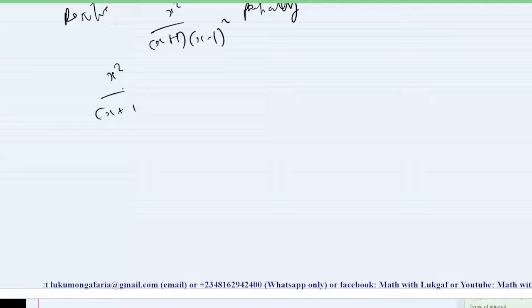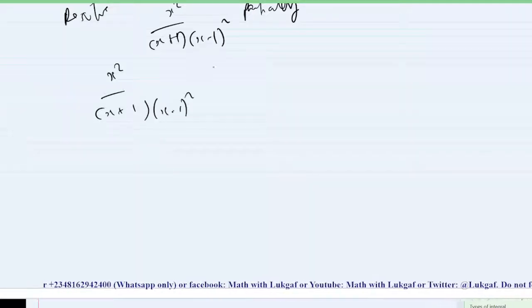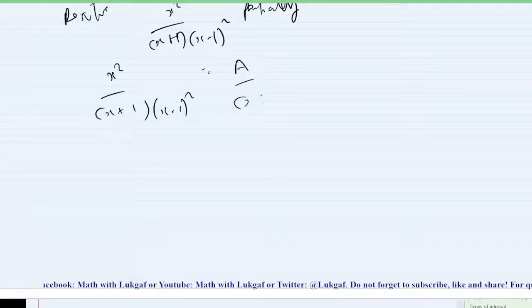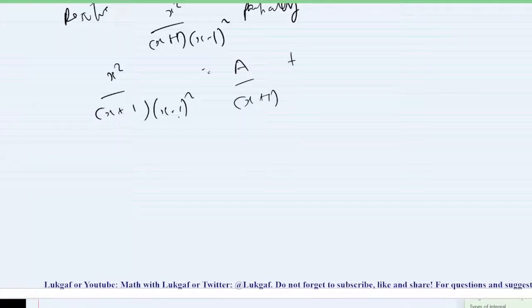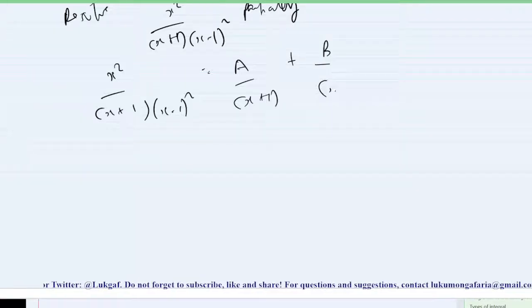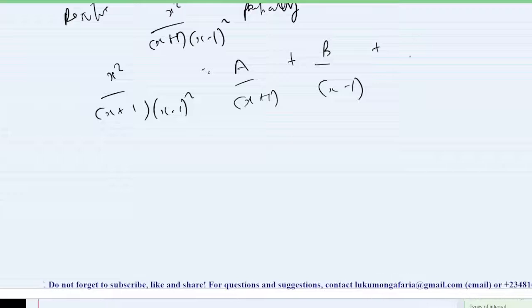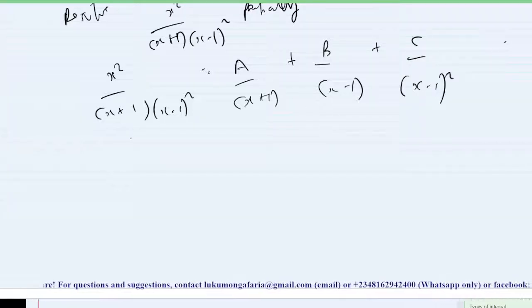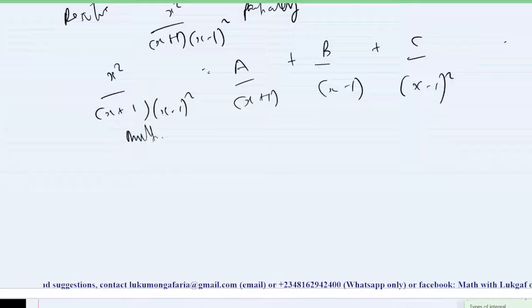what will be the partial fraction? The partial fraction will be of the form: this is a linear term, so you have A over s plus 1, plus this is a linear term with repeated factor, so you have B over s minus 1 plus C divided by (s minus 1) squared. Understand? You now multiply through